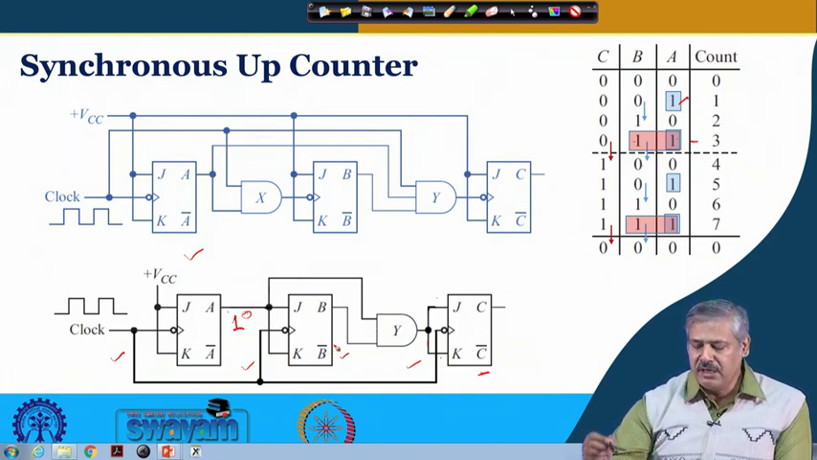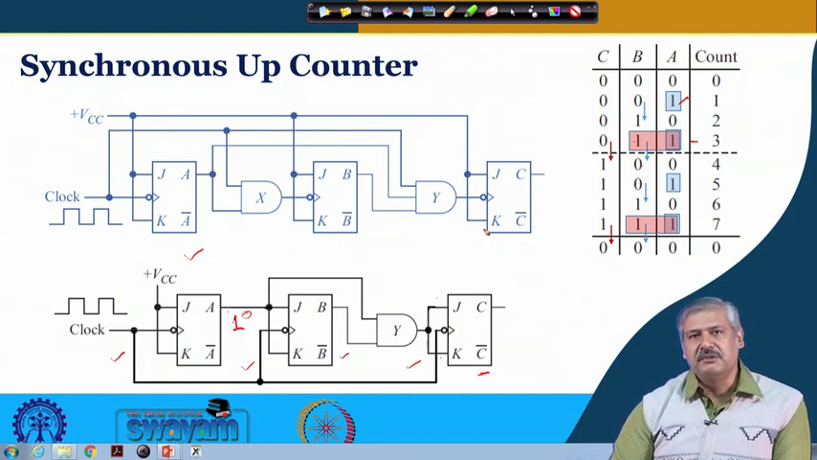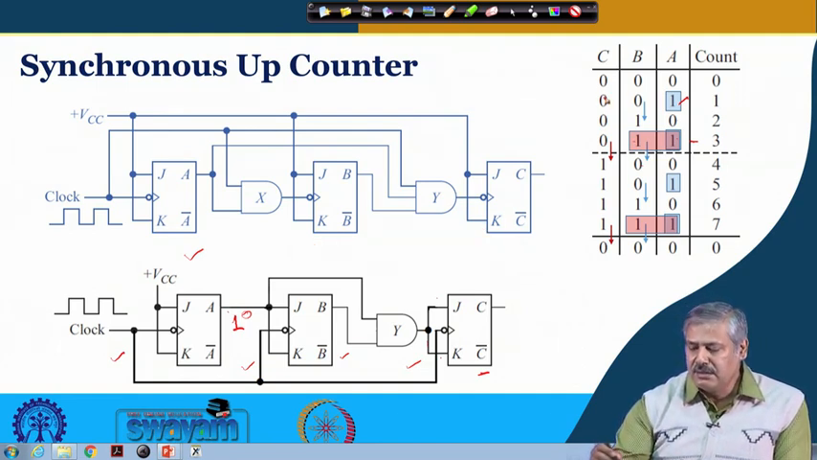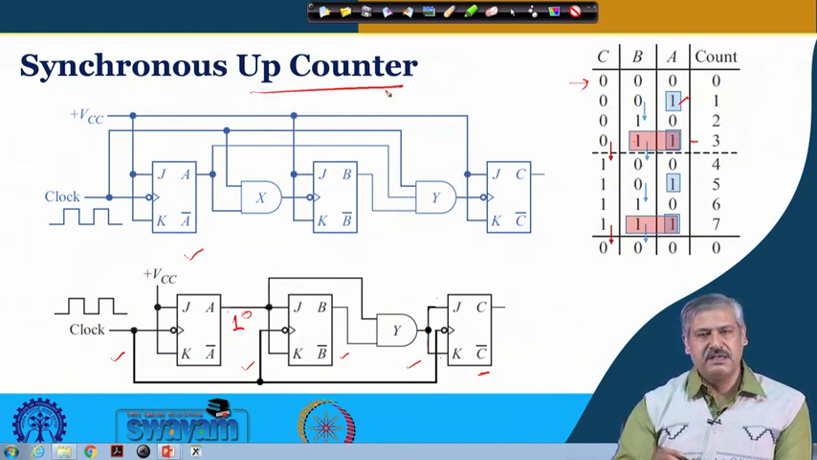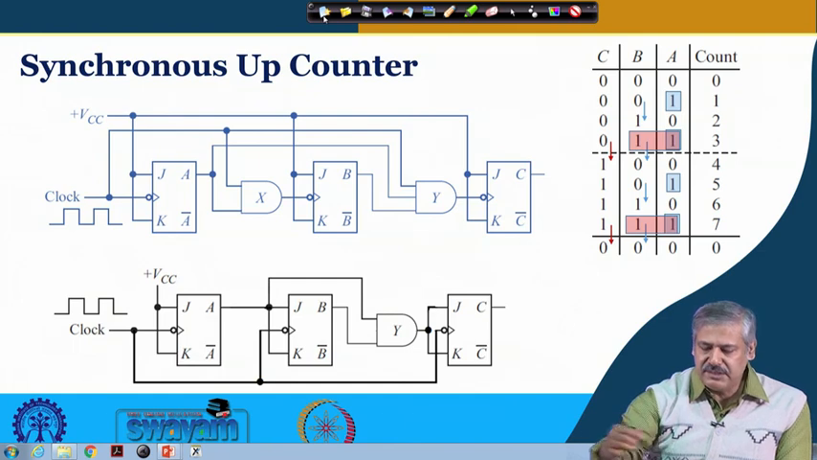So, this is the way these three flip flops behave, and the resulting values for CBA are 0, 0, 0, 0, 0, 1, 0, 1, 0, 0, 1, 1, and then 0, 0, 0. So, what is it? It is an up counter and it is synchronous, okay, clear. And because of this,